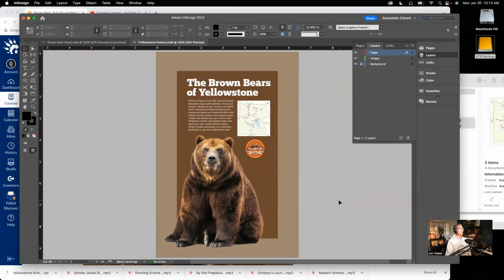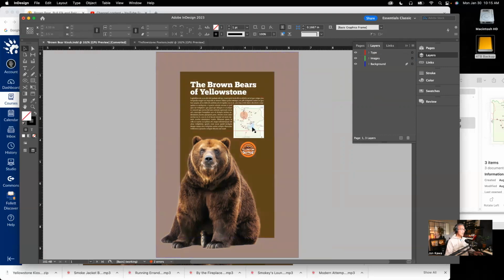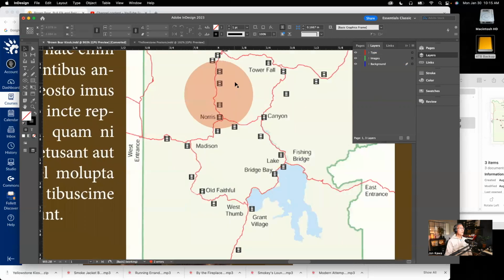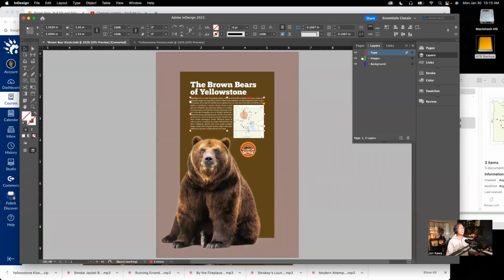All right, and I might drag this guy down a bit. Okay. Now, lastly, I'm going to put that little circle in there. And if we look at the example here, if I zoom into this example, you can see that this circle right here, I need to take this map here. Let me back out of this for a sec. Oh, the type is covering that. Okay. Let me lock the text layer. Okay, this circle right there